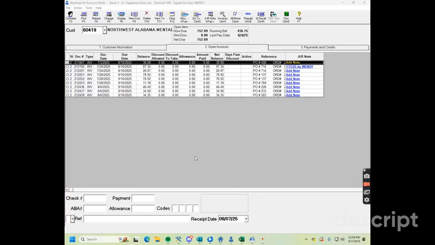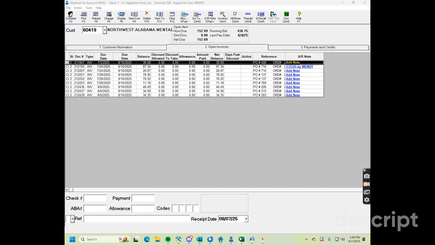So I've received a check from Sunburst Homes, and it is to pay Northwest Alabama Mental Health Center. All of the A1 Appliance Huntsville branch customers are between the numbers 1 and 9,999. This one that starts with 60,000 is a Decatur store. However, I see over here that all the stores that this company purchases from is actually Jasper. So therefore, when I receive money to the Huntsville store that actually needs to pay for Jasper, this is how